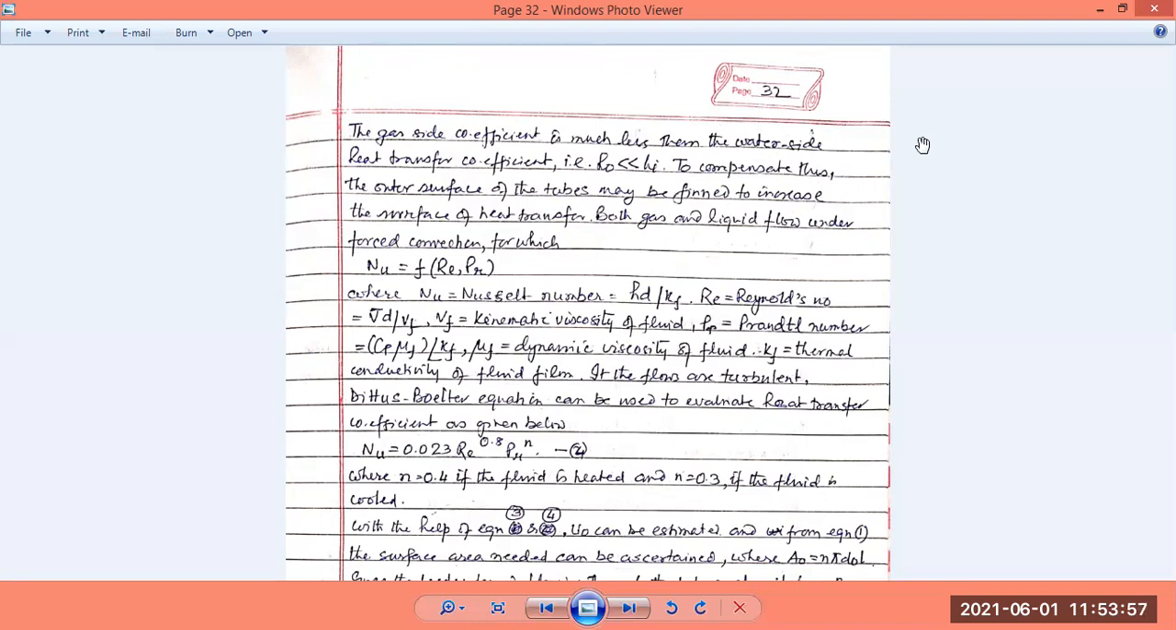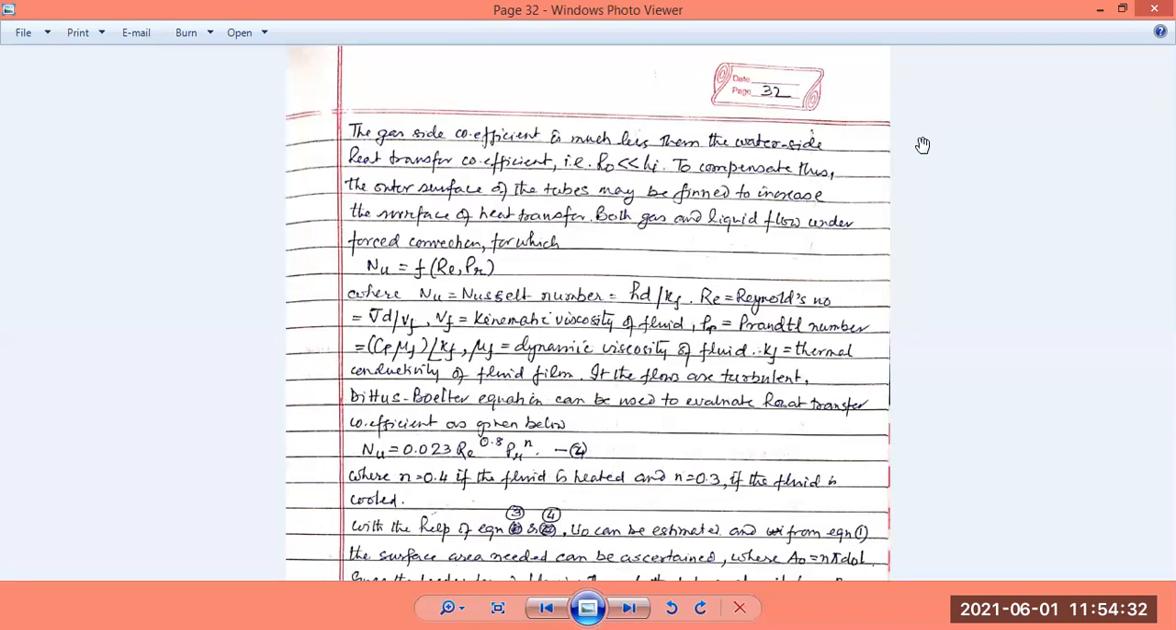Both gas and feed water are in forced convection, where Nu, the Nusselt number, is equal to hd by Kf; Re is the Reynolds number, ρVD divided by μf; and Pr is the Prandtl number, Cp μf divided by Kf. Here νf is the kinematic viscosity of the fluid itself, μf is the dynamic viscosity of the fluid, and Kf is the thermal conductivity of the fluid film. If the gases are turbulent, then